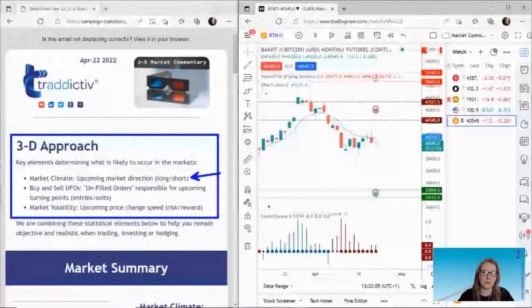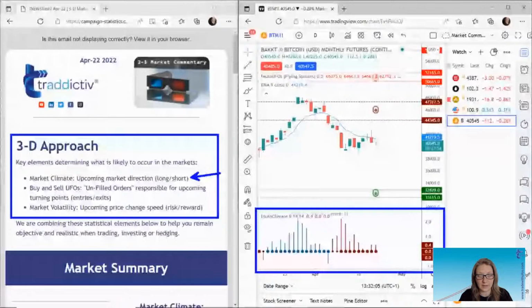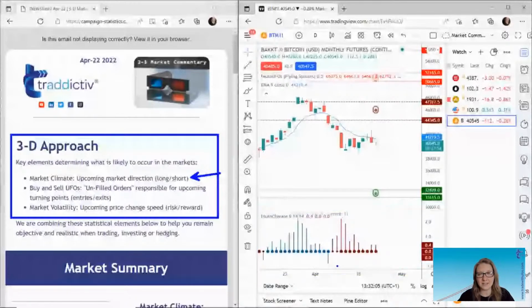We'll figure that out using an app called AutoClimate. It's a free app on most platforms that you can get it on, and it shows us where those probabilities lie. We look at the colours of the dots and the thickness, ignore the lines for now. So a thick red dot tells us probability is down. A thick blue dot tells us probability is up, and a thin dot of either colour tells us probability is in neither direction. So we'll look at that per market.